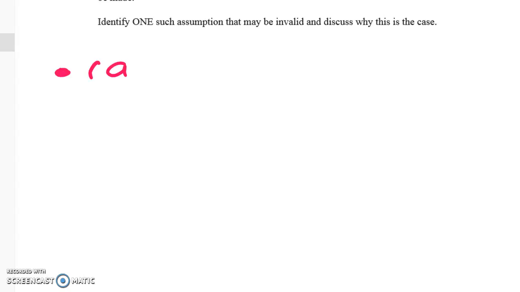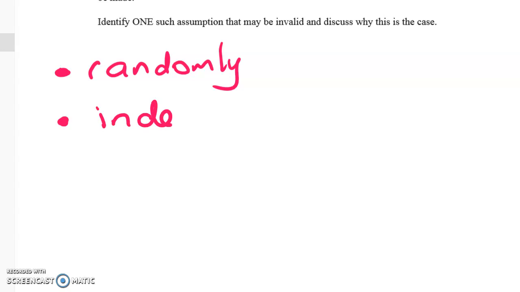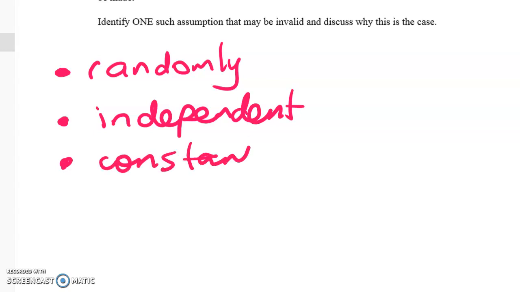So we need the thing to happen randomly. We need the things that happen to be independent of each other. And we need whatever the thing is that's happening to be happening at a constant rate. There's another condition that sometimes gets talked about, which is that things can't happen